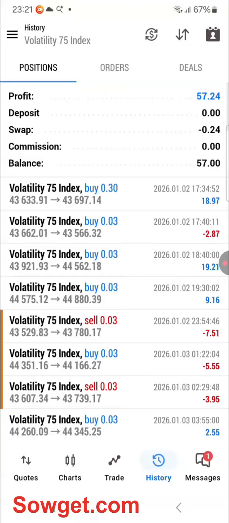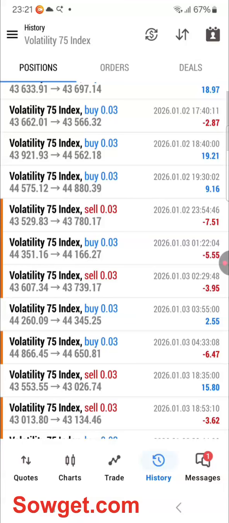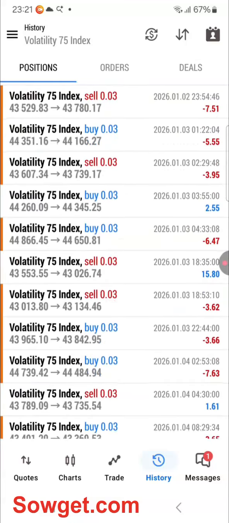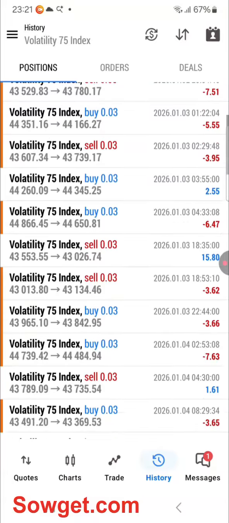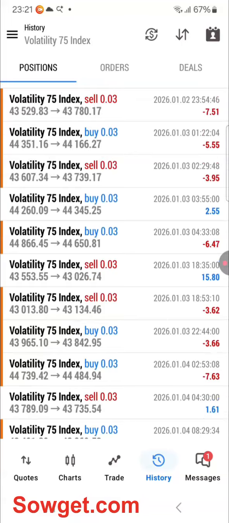You can see the first day the EA started trading was on the 2nd of January, a Friday evening, on the Volatility 75 index. It uses a fixed lot size. I made it use a fixed lot size of as low as 0.03, because my plan is, if the strategy works out just as I saw it on the backtest,